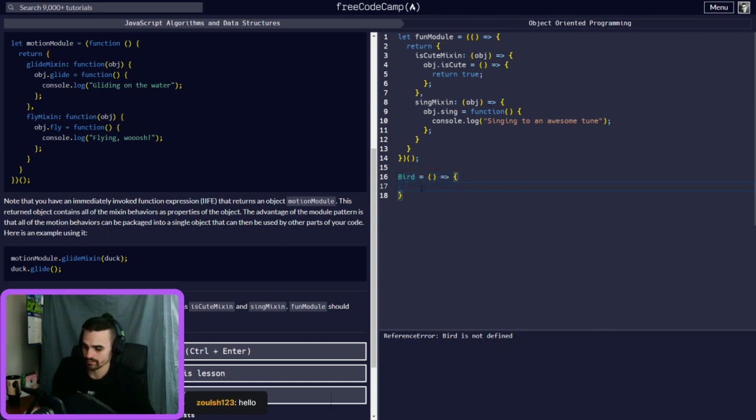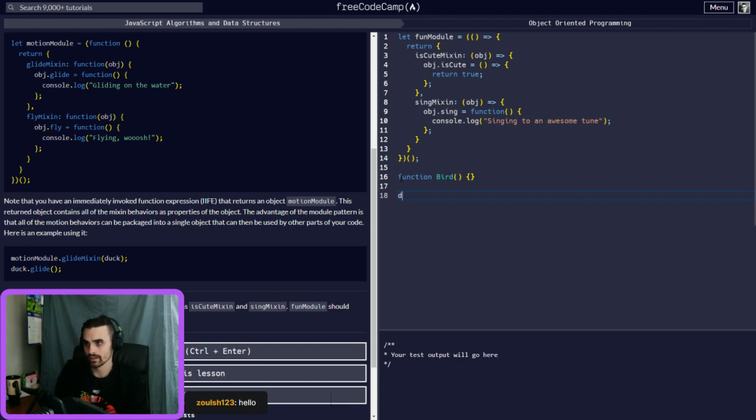Instead of writing a function, could we just do bird and then just have this empty? Dang. I guess we would have function bird. Okay, right. There we go. So there's our thing right there.